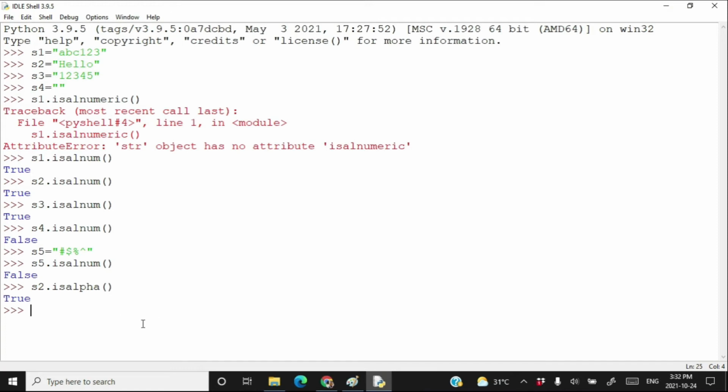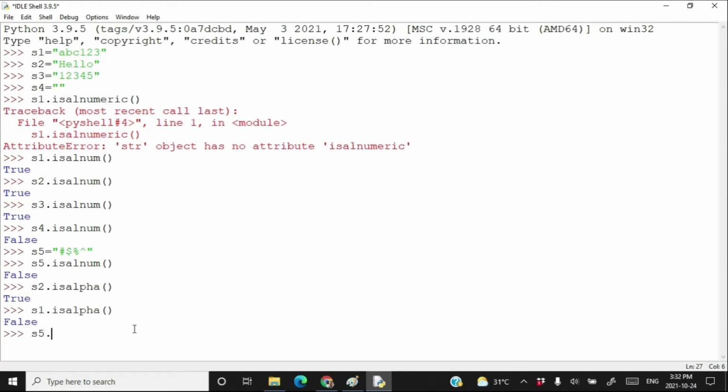But s1 is not an alphabetic string because s1 has both alphabets and numericals. So s1.isalpha, see here, your IDE is also suggesting it, is False because s1 has alphabets and numbers together. Of course, s4 and s5 are also not alphabetic.